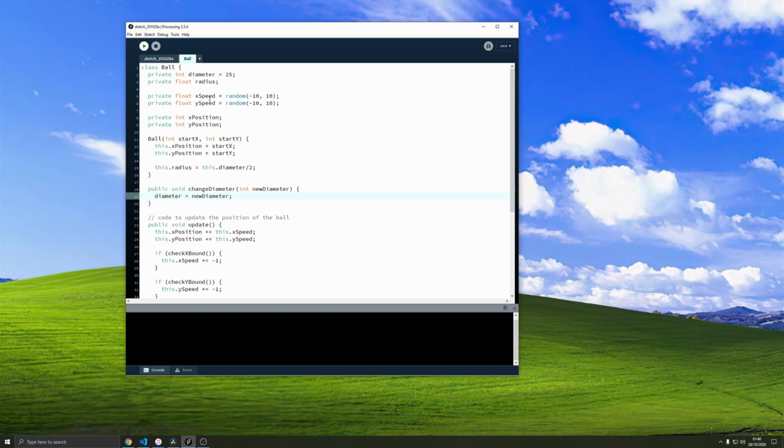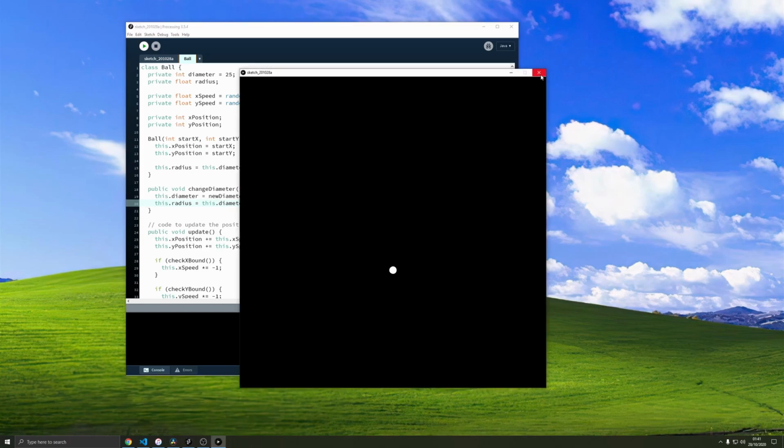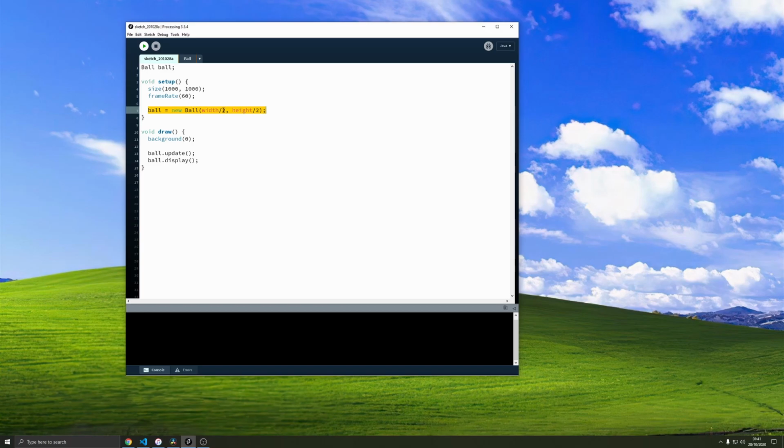So what can we do about this? Well, the radius one is very easy to fix. We just do diameter divided by 2 again. Oops, and we want to put this dot. I need to remember that. Okay, so we can set this to the diameter divided by 2. So this should allow us to change our radius and not break the